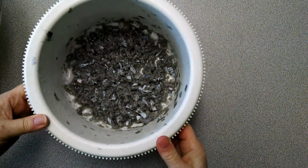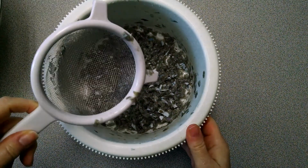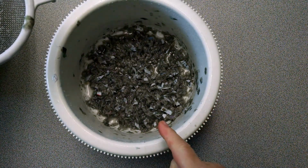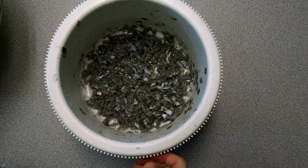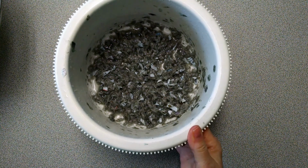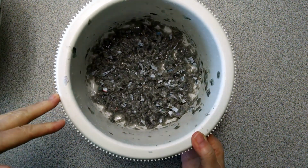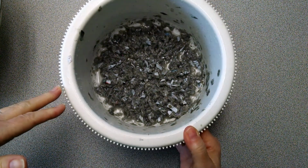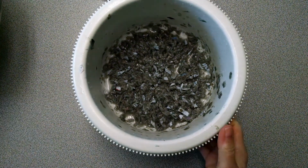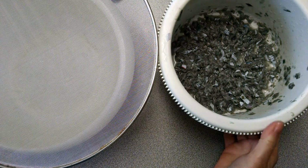Okay, that was kind of a splashy experiment, so I did end up using a strainer and poured off most of the water and then continued blending for a while. One thing I noticed is that the newspaper has broken down very well, and the bits of white paper that were in there are pretty much still intact, but we're going to continue on. Also, I noticed this has turned into a gray sludge. So we're going to take this,